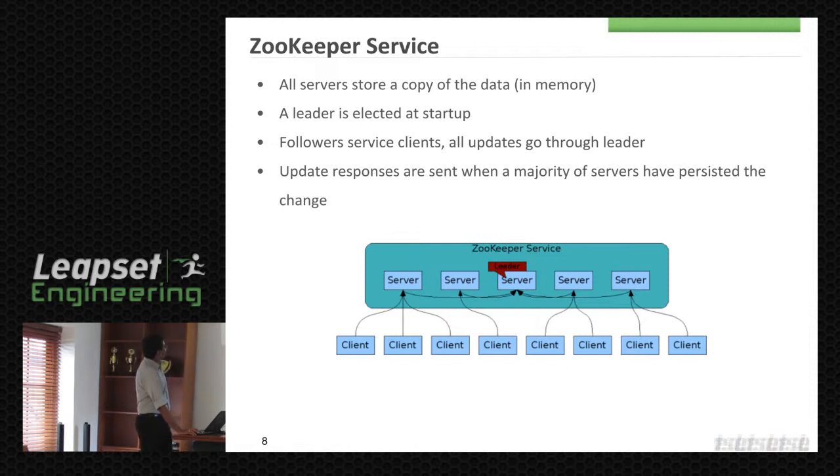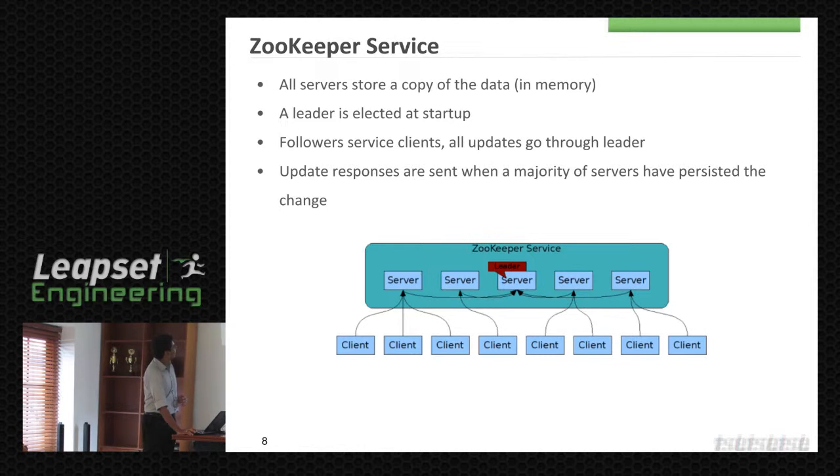The client knows that the nodes in the cluster are fixed. There's no dynamic membership; it's static. So if a client wants to use the Zookeeper service, he knows the URLs or hosts of all the Zookeeper servers.